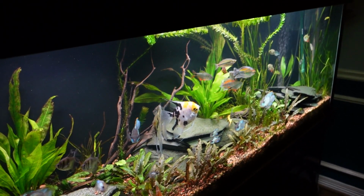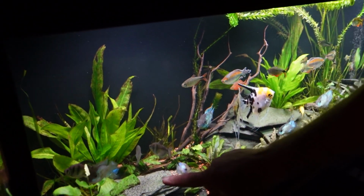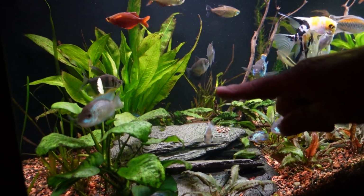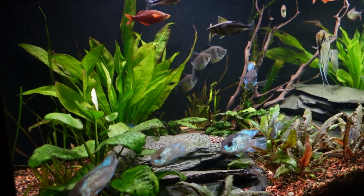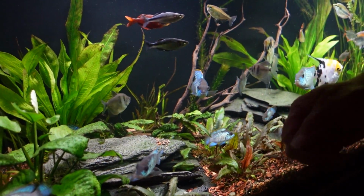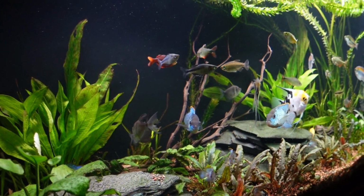And then what I'll do, actually a week ago we had some lay on this particular plant on the leaves, so they will lay their eggs either on the rocks or actually on a leaf. So last week after 24 hours I came in of them being laid, I came in with the scissors, stuck my arm in there, I got bit, and then removed the leaf and took it to the other room to